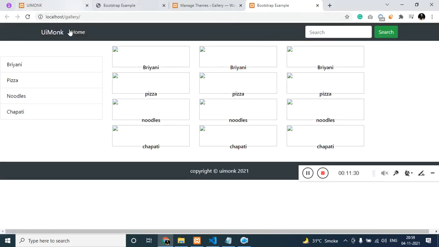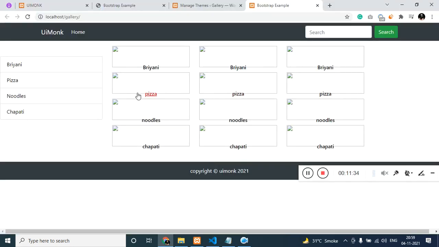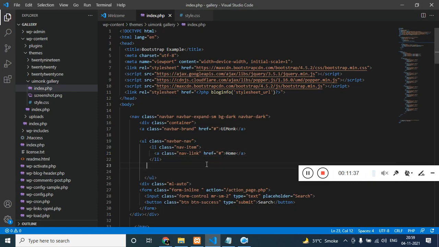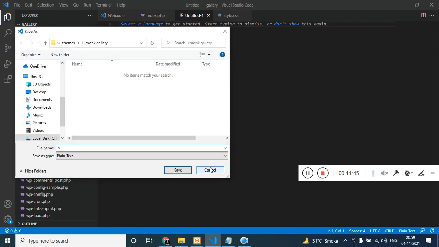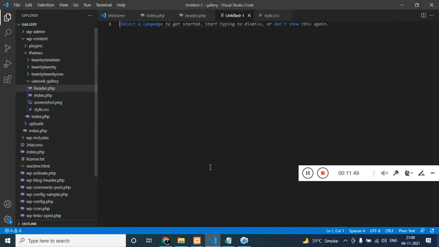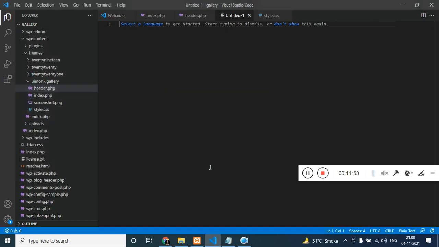Now we just need to make the header and footer in a different file. So before making that, let's create a new file and call it header.php, and another file, and we'll call it footer.php.